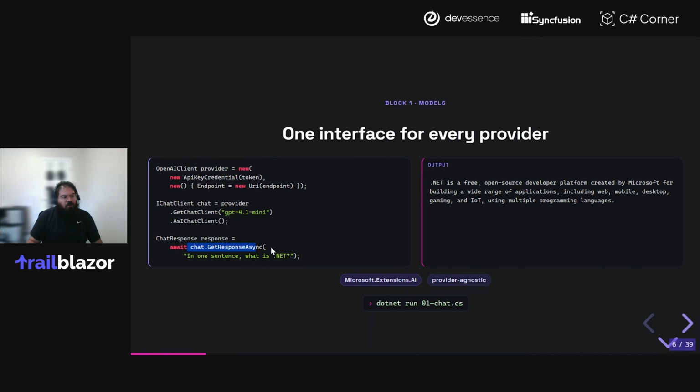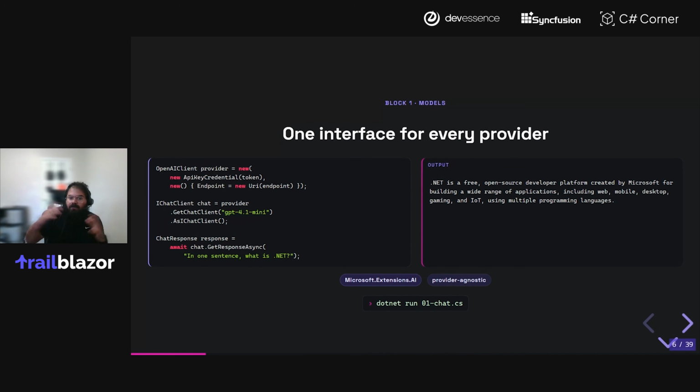From this point on in your code base, you effectively just call GetResponseAsync and the set of methods that IChatClient provides you to interact with the models. If you want a different model, you can just change the model name here. If you want to change providers, you would change more or less how you construct the provider, but the rest of your application code that invokes this chat client for the most part stays unchanged.